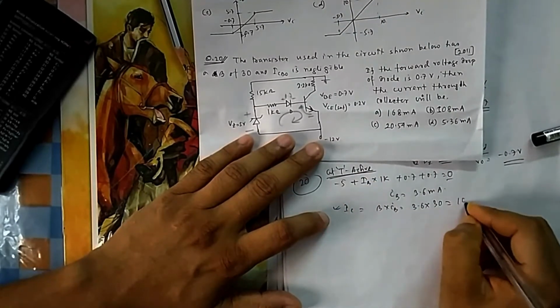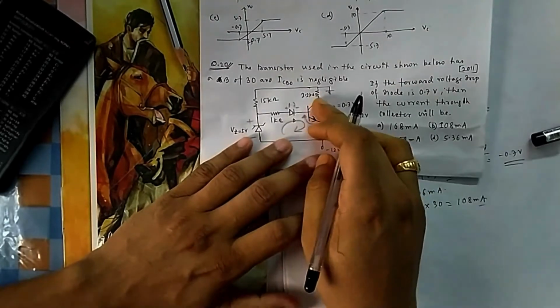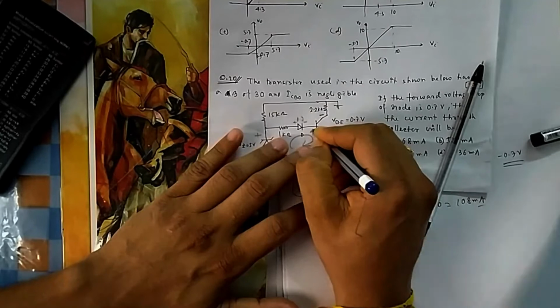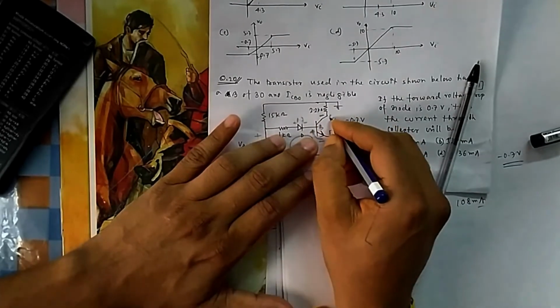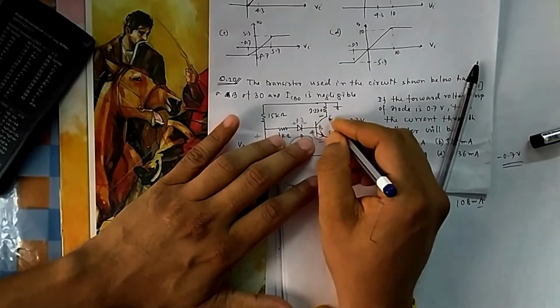If you multiply it by 30, then it is 108 million. Don't give this one as an answer, because I have not checked. What I need to check is this voltage, this junction also, because this is also N. So this is collector, base, emitter. Base emitter is forward biased. I have to see whether collector base is forward biased or reverse biased. If it is reverse biased, then it is good.